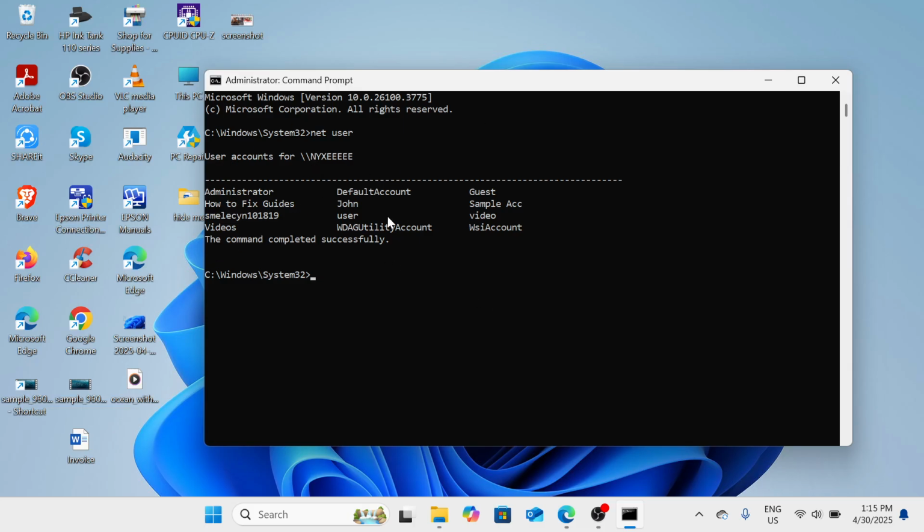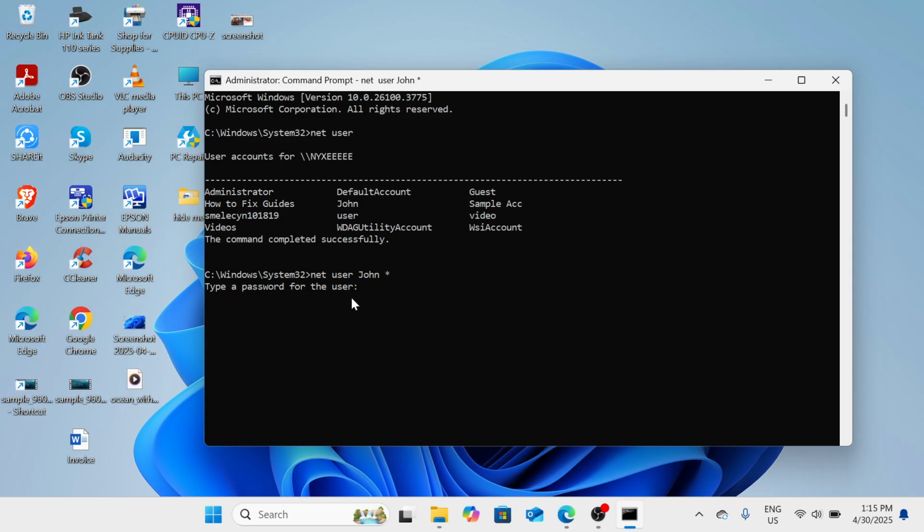Now here you need to select the user account that you're using and you want to remove or set or reset the password with. So I'll just select this John account here and then click on copy. Now we need to type again net user and the user account space star. Once you have typed it, just please click on enter, and then we have here type a password for the